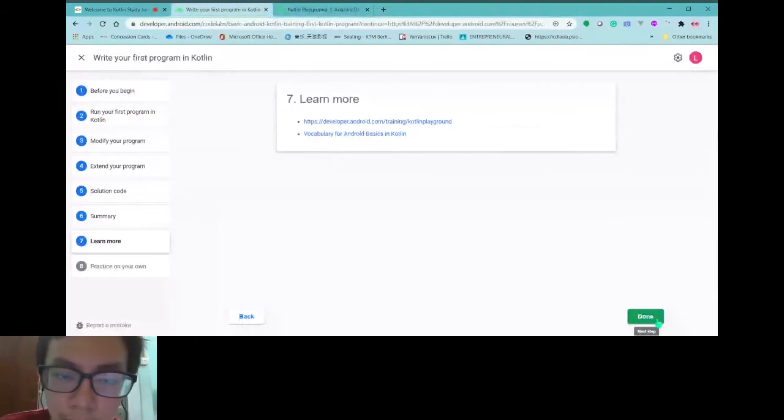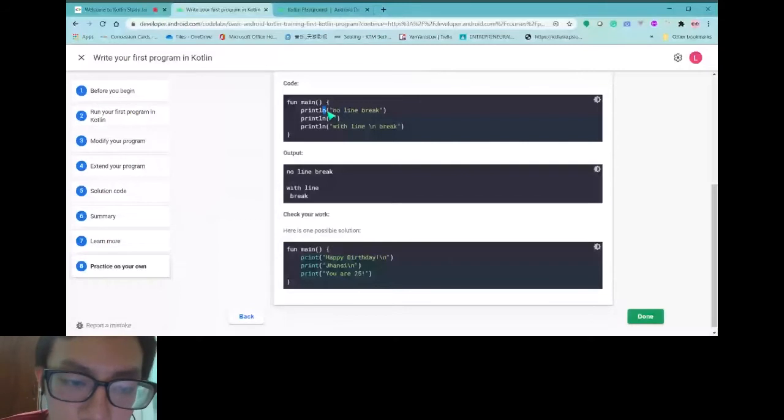Basically, yeah, you see there's something new here. Why is there nothing here? And what does this mean? Yeah, just as you know, fun main, so they execute it. And then print line, no line break, they just print. And why is there an empty line here? Because after they print, there's a line break, you see there's an ln here. So after they print out, they skip to the next line, and then they start to execute this. But there is nothing here, so they just print the empty string, and then there's another print line here. So they skip to the next line again, and they continue to print until they reach this part.